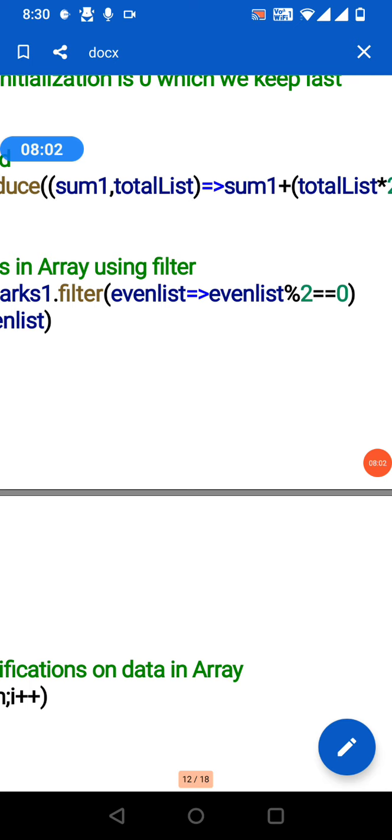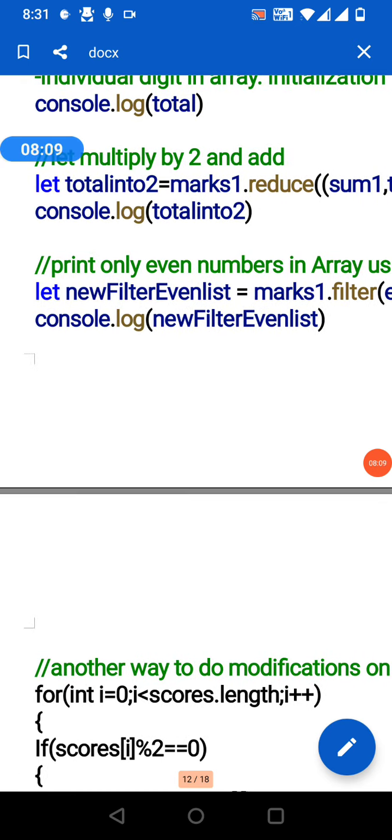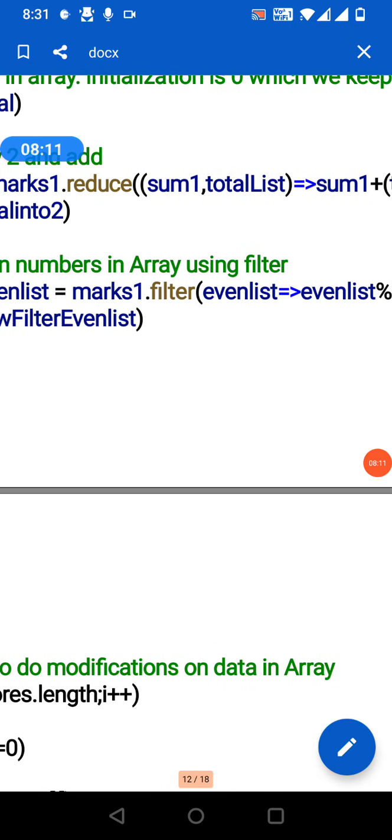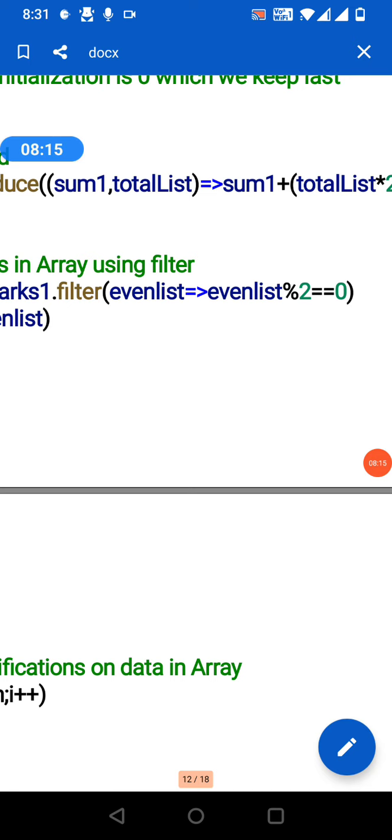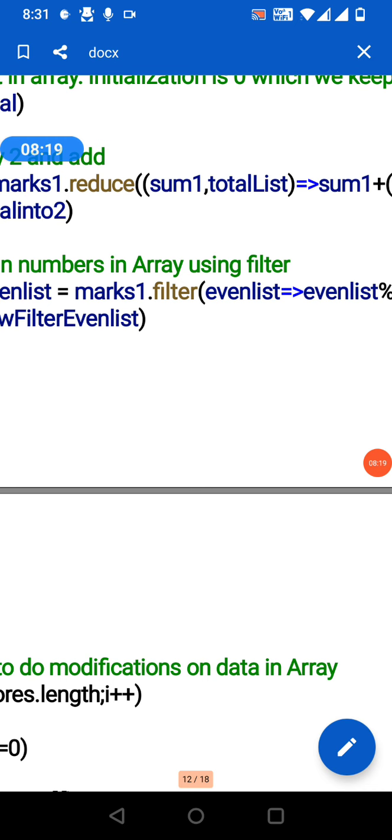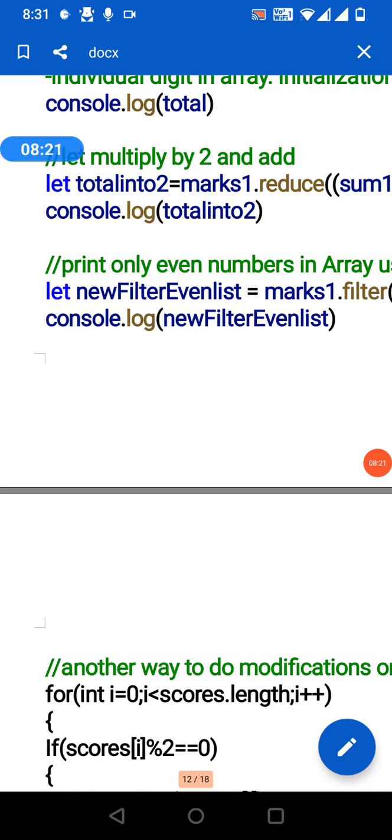We define one normal variable, so it will take each value in the array and check whether it satisfies the condition or not. If it is satisfied, it will go and be stored into the new filter even list.